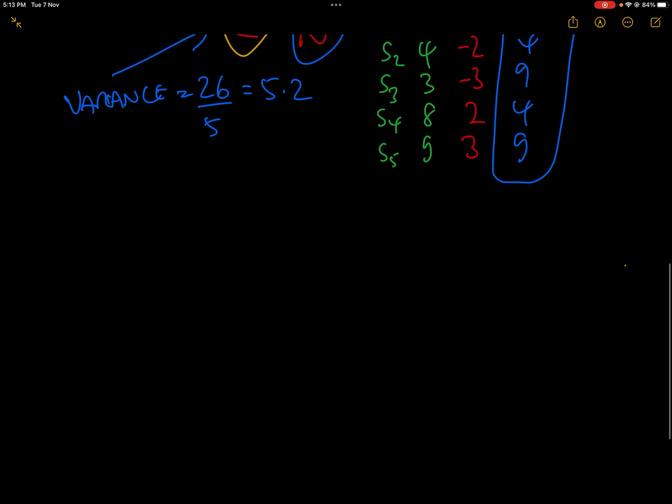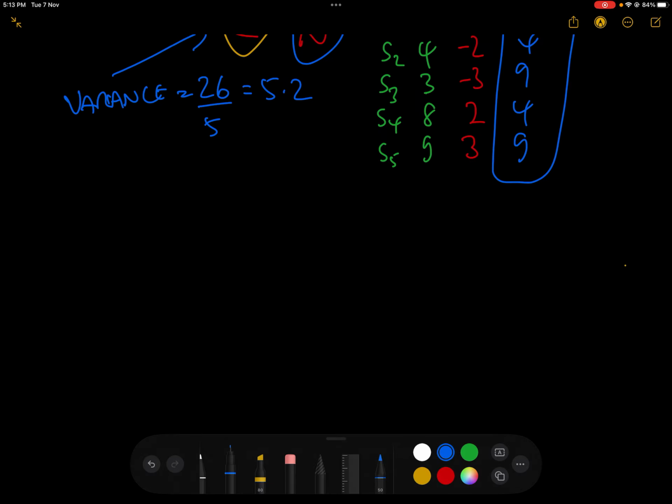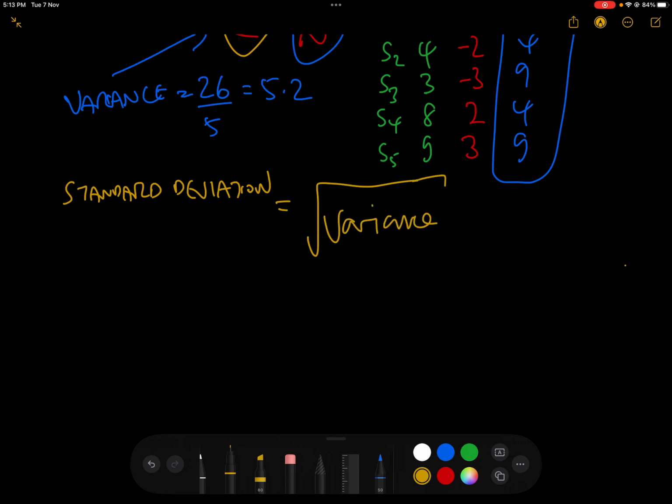Okay, now that gives us an idea of the square. The next concept, which is really common in statistics, is what's called the standard deviation. And the standard deviation, all it does is it sort of reverses what we've just done by squaring the distance. And all the standard deviation is the square root of the variance, which gives us an average each participant was away from the mean. Now, the standard deviation, you often see it written as SD, but also you see it written as mu, which is the Greek letter.